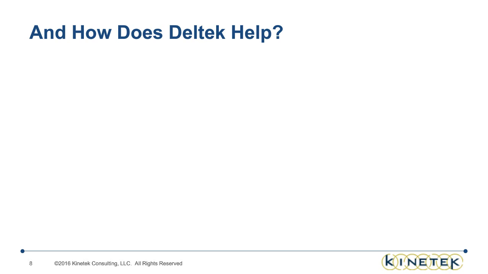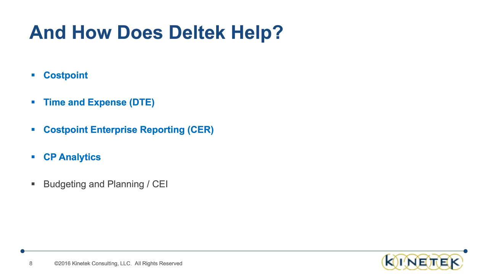So how can Deltek Solutions help? Well, as we've seen, as one of the many underlying themes, we need to embrace the right technology to help us be more agile, to streamline, and to be transparent. We need systems that can help us manage costs and enforce our internal controls. And we need systems that provide a single source of truth with high-quality analytics capable of expanding to our needs and changing as we move into different markets.